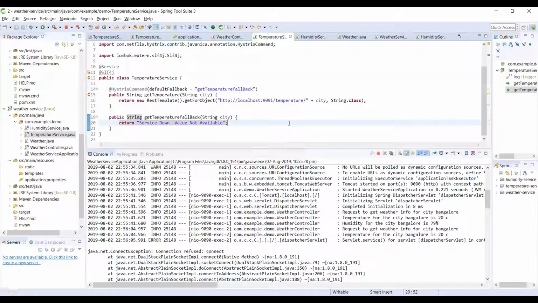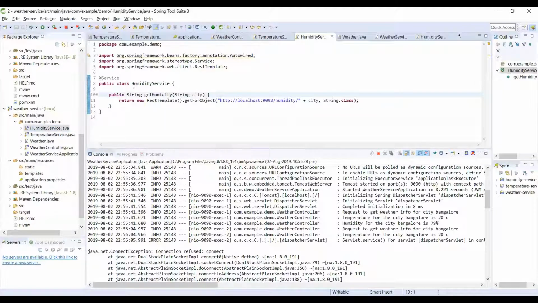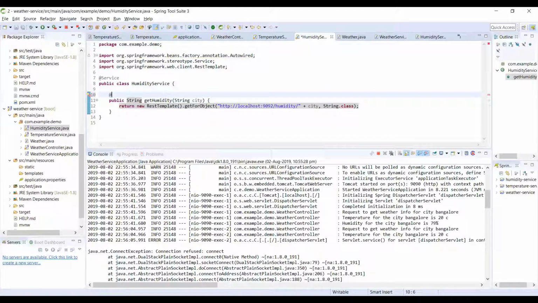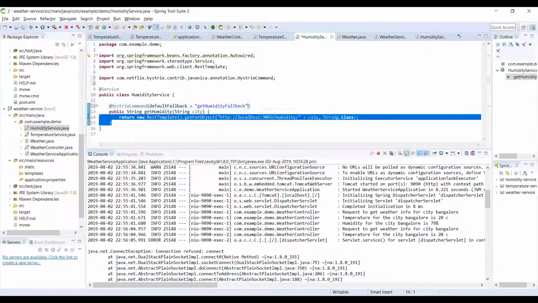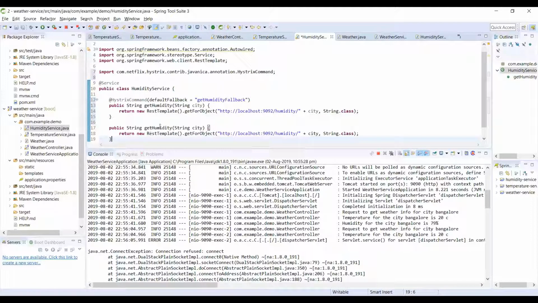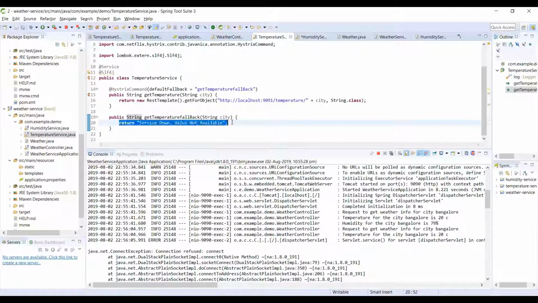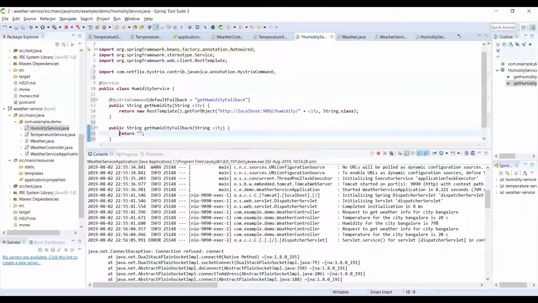So this is one. Similarly I will do it for this also, and I will say default fallback and I will define it as humidity fallback, and same thing I'm going to do here. That's it. And now when I try to start the service, it should give me proper